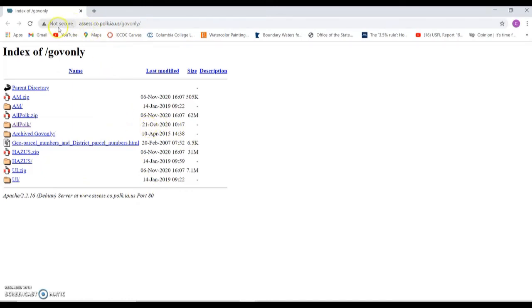It says not secure here, but I was able to get to it. It is secure. It's Polk County's website, so you shouldn't have any problem. If you do, try a different browser or something, and let me know. Okay, so once you're here, we're going to click on all